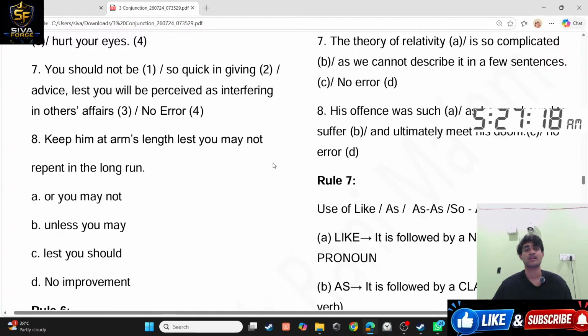We know the 20 table. Okay, then next is squares. 2 square 4, 3 square 9, 4 square 16, 5 square 25, 6 square 36, 7 square 49, 8 square 64, 9 square 81, 10 square 100, 11 square 121, 12 square 144, 13 square 169, 14 square 196, 15 square 225, 16 square 256, 17 square 289, 18 square 324, 19 square 361, 20 square 400, 21 square 441, 22 square 484, 23 square 529, 24 square 576, 25 square 625, 26 square 676, 27 square 729, 28 square 784, 29 square 841, 30 square 900, 31 square 961, 32 square 1024, 33 square 1089, 34 square 1156, 35 square 1225, 36 square